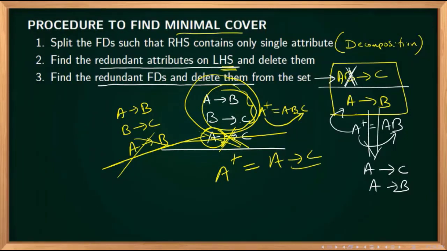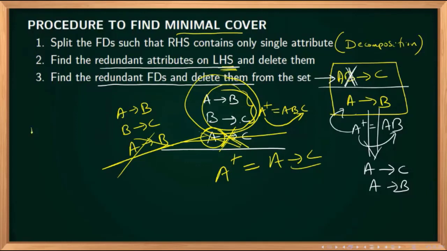If you want to remove a functional dependency, assume that it is removed, and check whether the removed one is a member of the remaining ones. How will you do the member checking? You can go with membership testing. We already studied how to check whether a functional dependency is a member or not, because we take the closure. If it is present in the closure, we say that yes, it is explicitly a member.